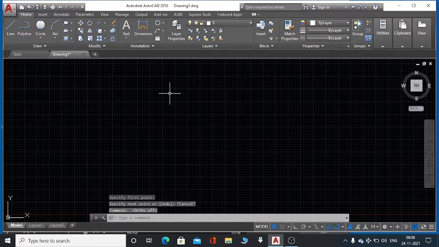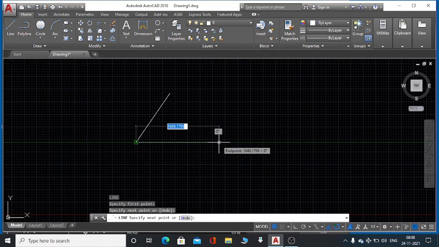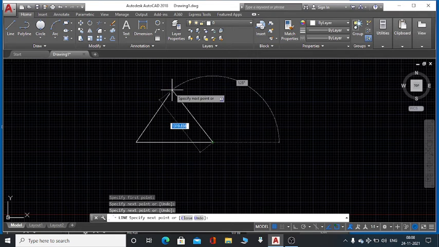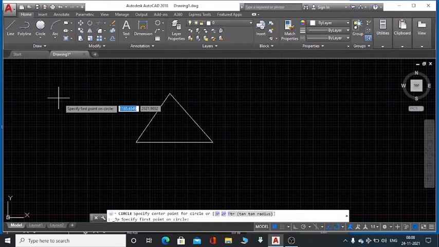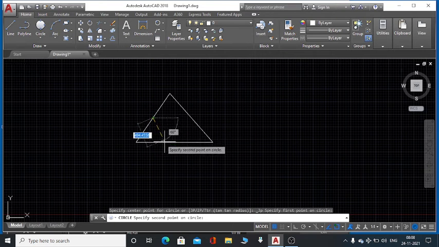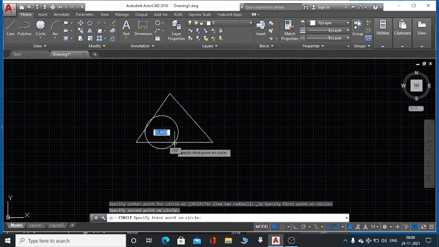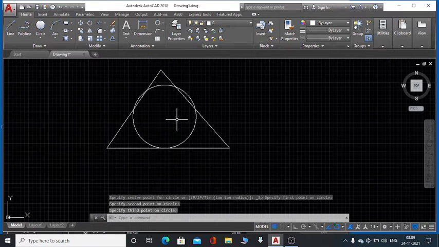To create a 3-point circle, specify the first point of the circle, this one, second suppose this, and the third one is this. You see, this is a 3-point circle.